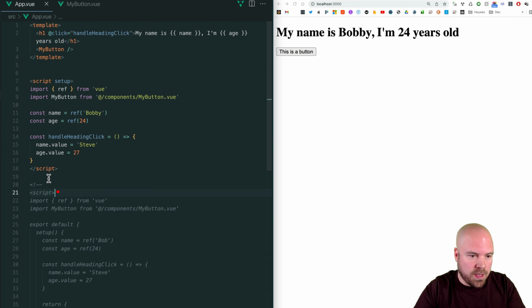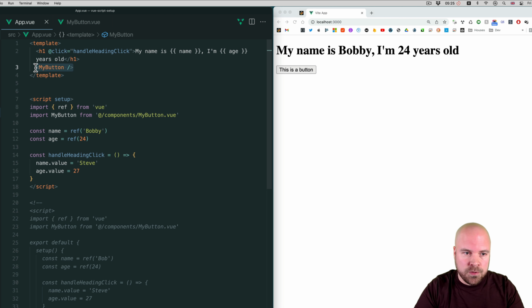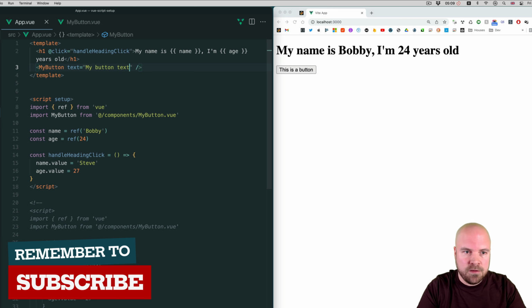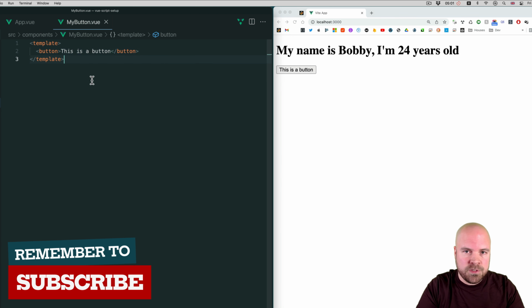When we're using script setup, there's a few things that we need to do differently, including how we use props. So let's set up a prop in the old way first for this button. So we could use a prop to determine the text of the button. So I'll pass a prop to this button called text, and we'll set that to my button text and save that. And now if we jump to my button.view, let's receive this prop the old way first using the setup